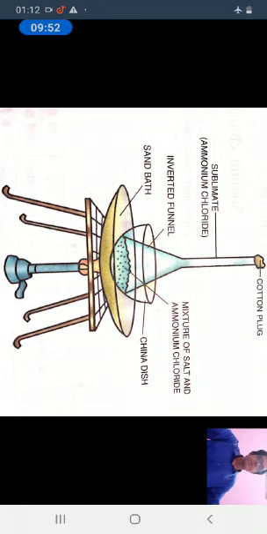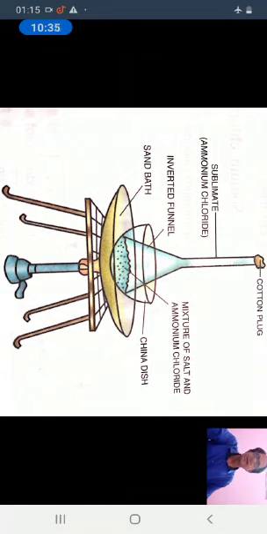Dear students, suppose we have the mixture of iodine and sodium chloride, and we have to separate. So what will we do? We will heat the mixture. So iodine sublimates and sodium chloride is left behind. In the same way, if we have the mixture of potassium chloride, iron filings and camphor, how will we separate the mixture?